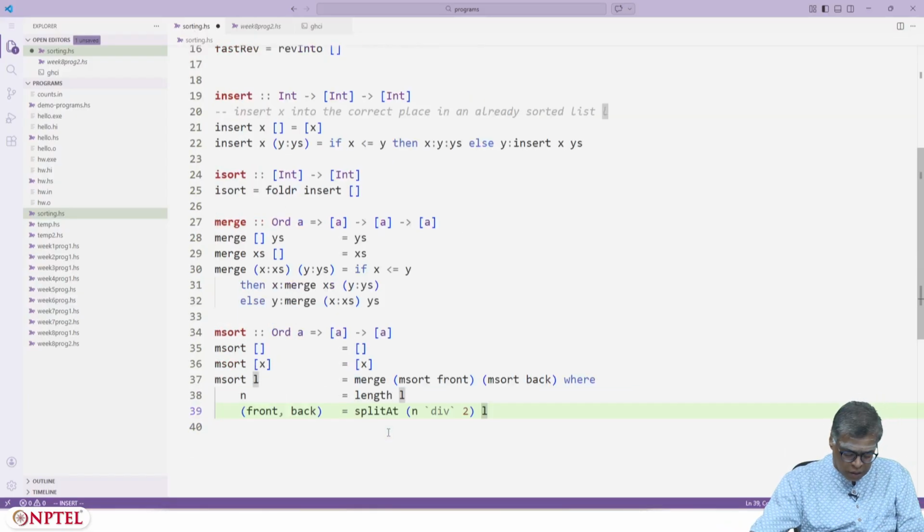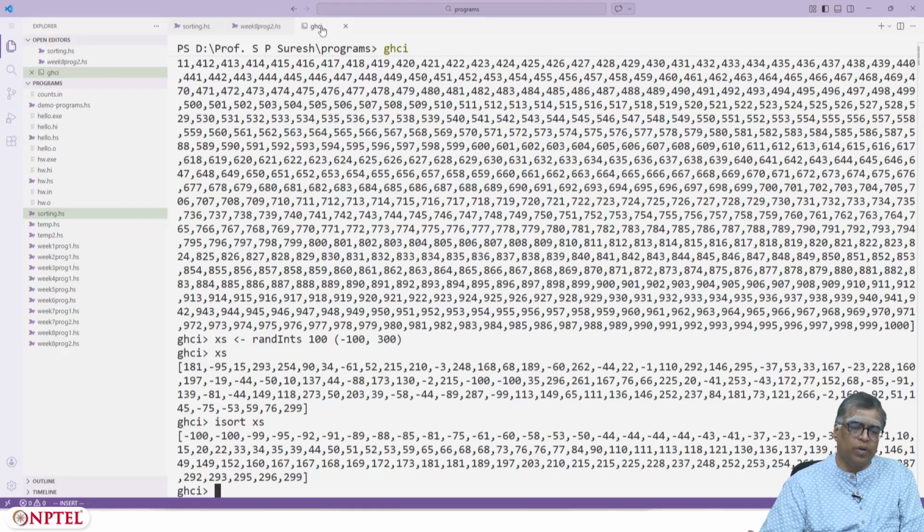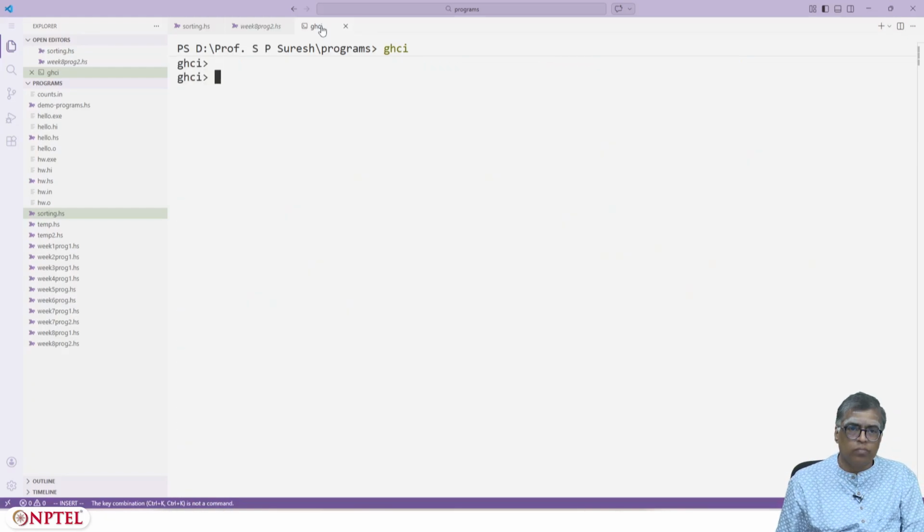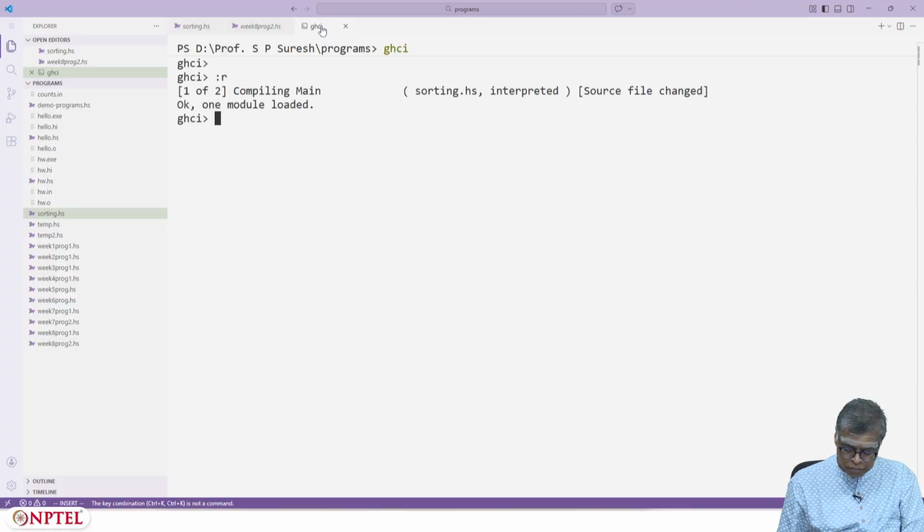Okay, so I have written this program. Let's go to GHCi and see how it works.